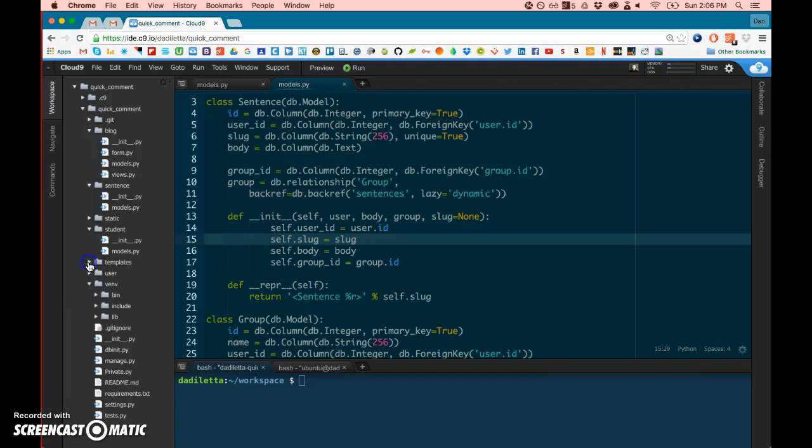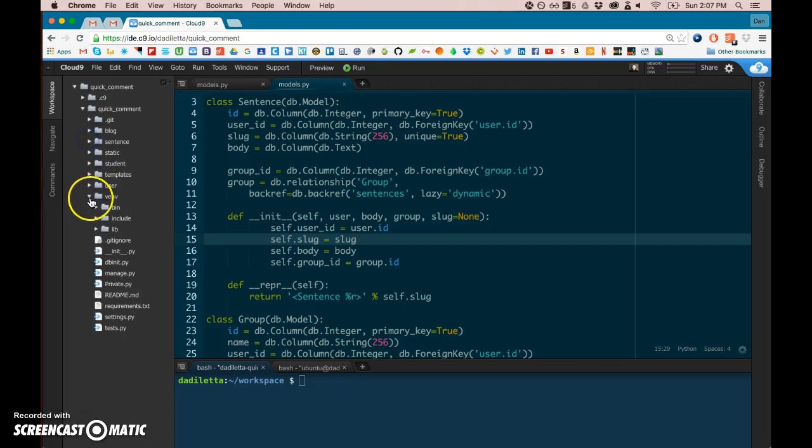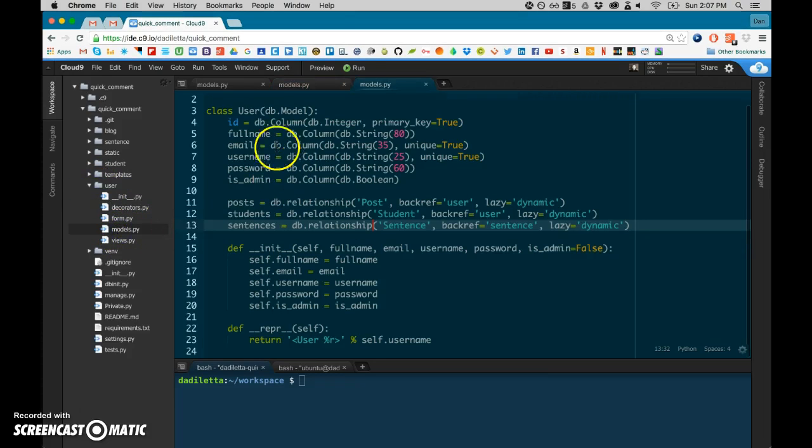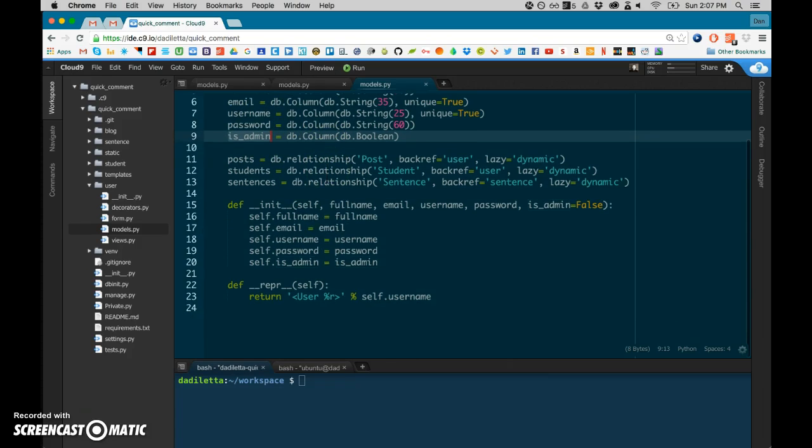Okay, let me walk you through what I've done so far, what I'm trying to do. First of all, I renamed author into user. So in here, you can see I have user instead, and instead of is author, I switched this to is admin. By default, it's not an admin because I'm trying to build this up past just being a blog, and so instead I'm trying to build it into having